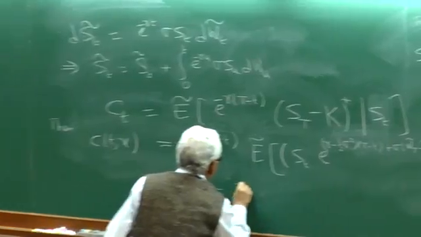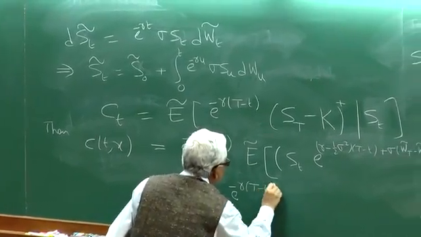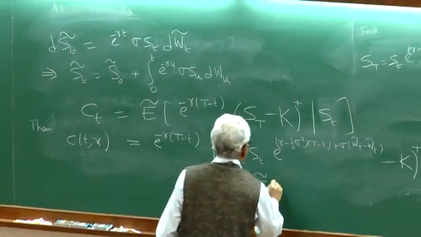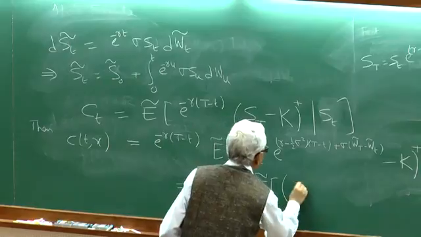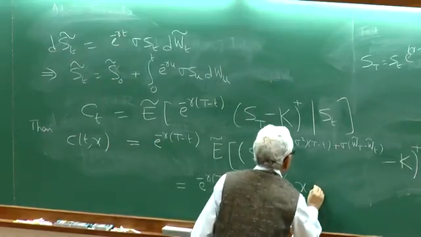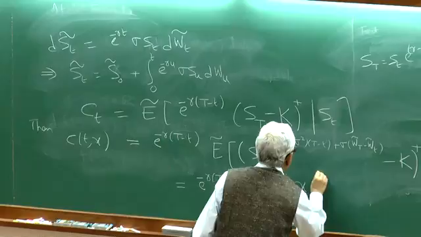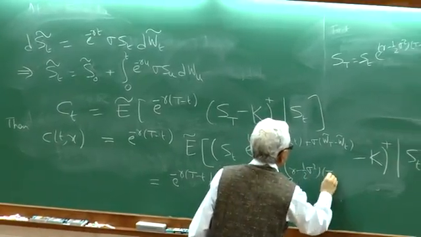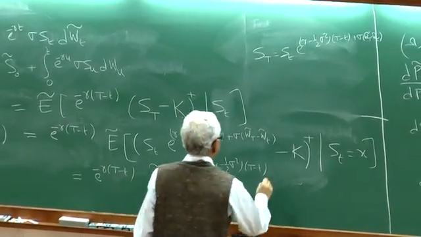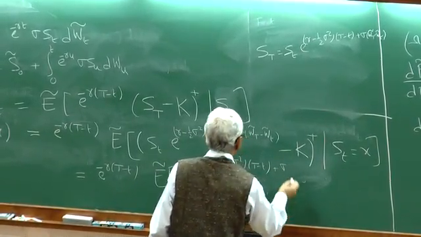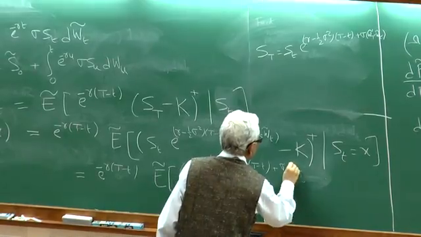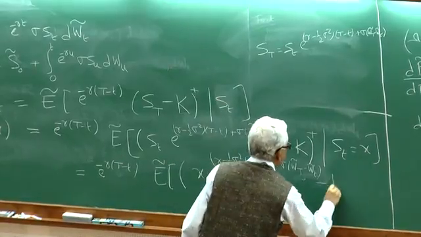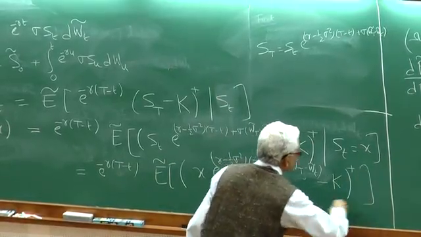This is equal to e to the power minus r(T minus t), expectation of (x e to the power (r minus half sigma square)(T minus t) plus sigma (WT tilde minus Wt tilde) minus K)+,